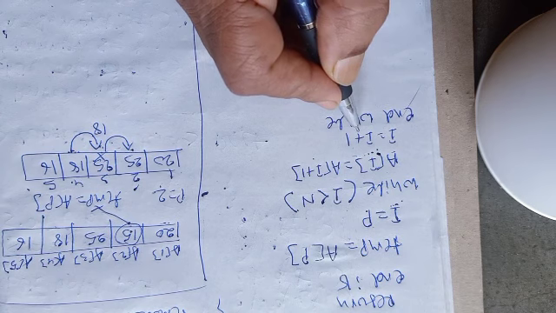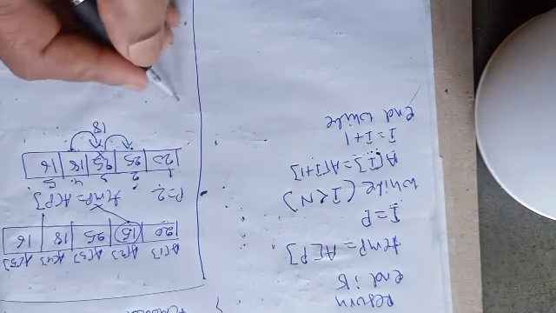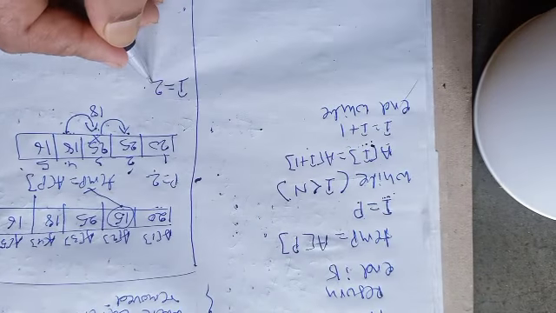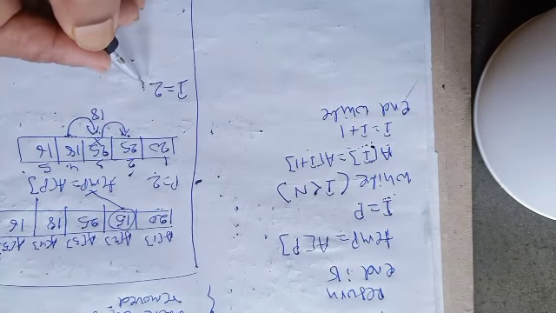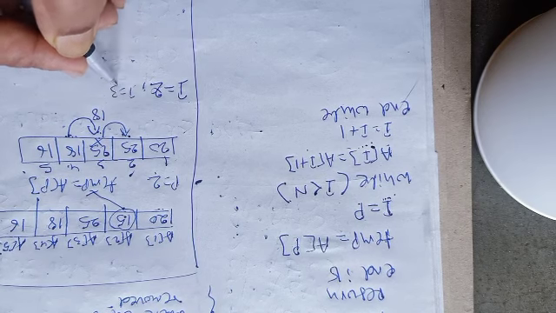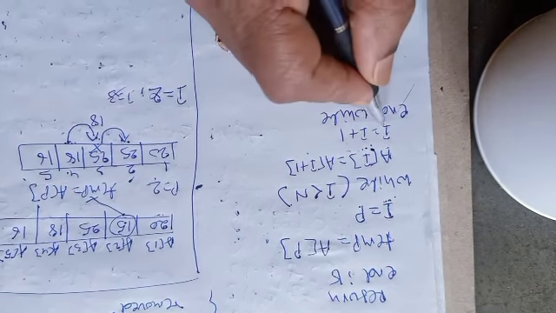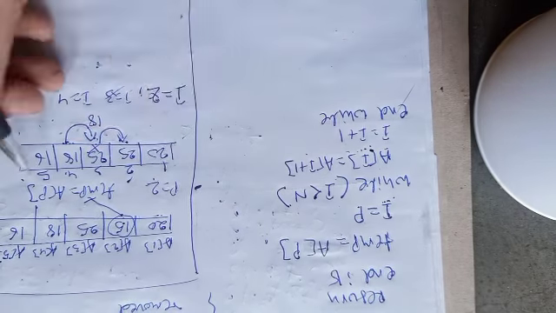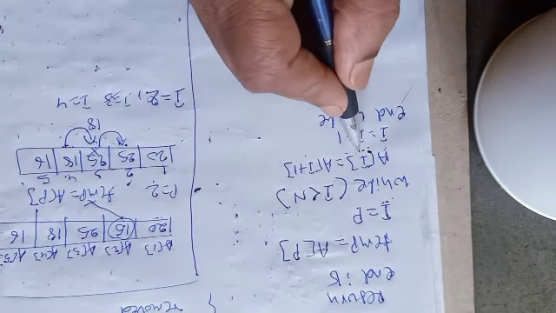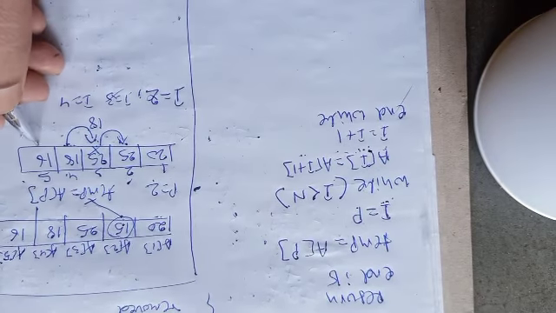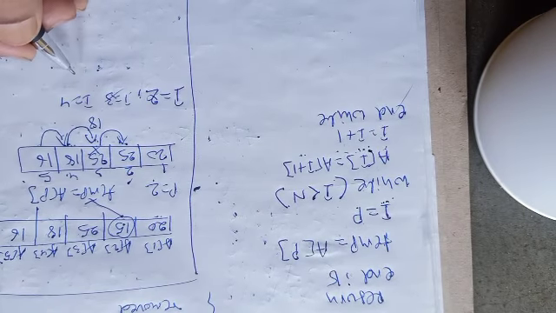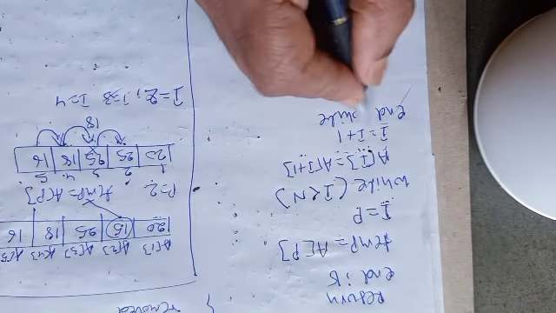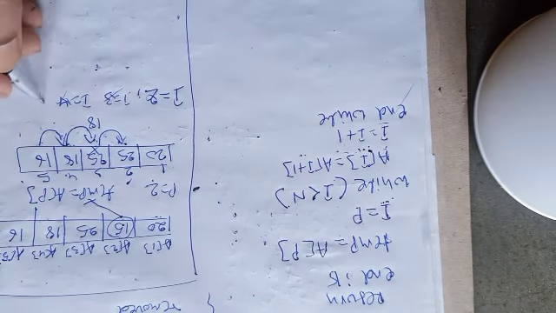See, value of I, initially value of I started at 2, 1 operation conducted, then value of I incremented to 3, 18 is shifted, then after increment value of I becomes 4 and 4 less than 5. Yes, move inside. A4 is equal to A5. So that means now 16 transferred to A4. So when I becomes 4, 16 is transferred to A4. Now I becomes 5.